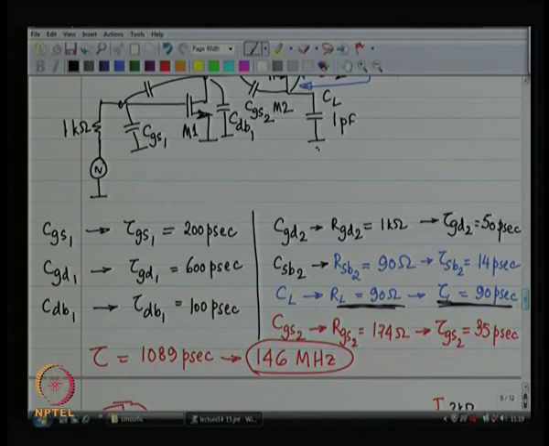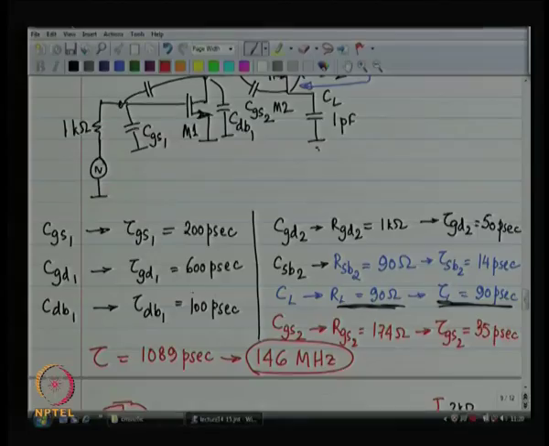Not bad, could be better. We want gigahertz, right? Could be better. We probably want a much wider bandwidth than 146 megahertz. So, in that case, what do you identify as the culprit? Let us say you want much better bandwidth than 146 megahertz. What are you going to fix? Which is the largest tau over here? Largest tau now